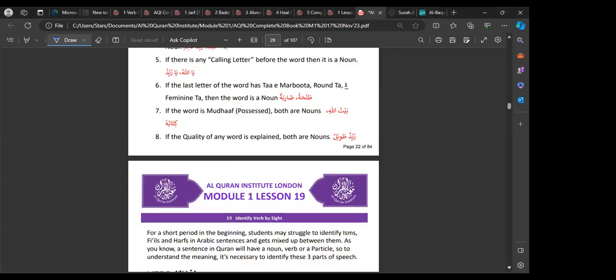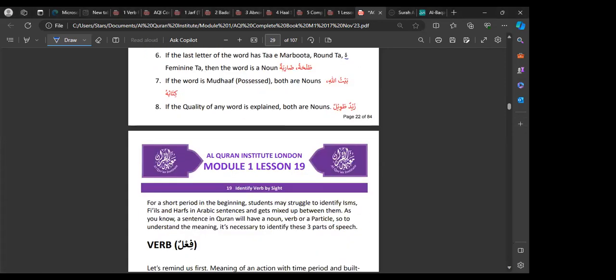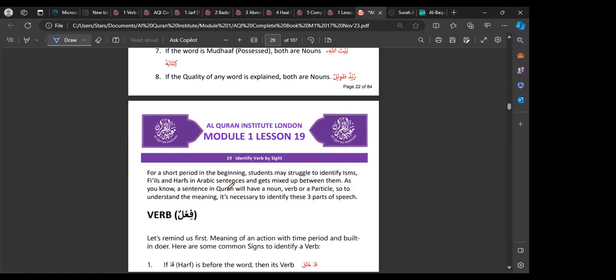Okay, Bismillah, verbs. So again, we're starting to move on to verbs now. We did the attached pronouns, the verb version, and now we're looking at how to identify verbs by sight. And you'll get stronger in this as well. At the moment, it will be a bit tricky because you don't know fully about verbs, but this is your first or second exposure. So inshallah, you'll get stronger and stronger. It's the same as last time. You will struggle in the beginning, but the more you read the Quran and say, okay, this is a verb, this is a noun, this is a harf, you'll get stronger and stronger, inshallah. So verbs.